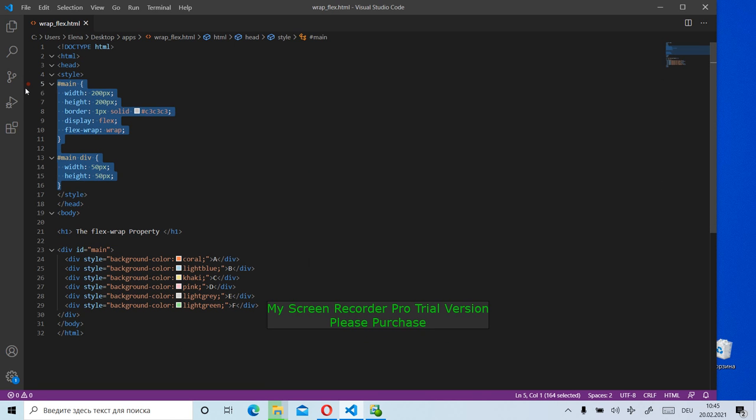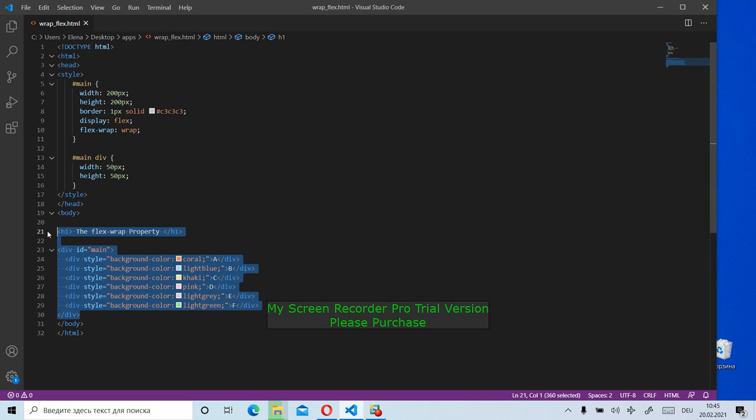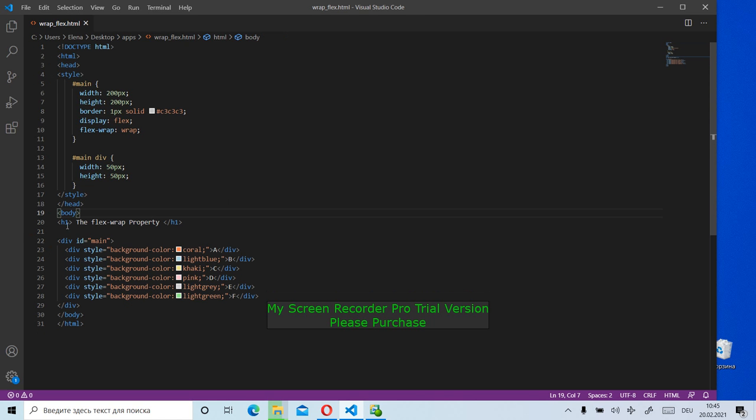This code consists of a style part inside of head and a body part with different blocks. We have a title here, and the main part. It means that today I will show you how to apply